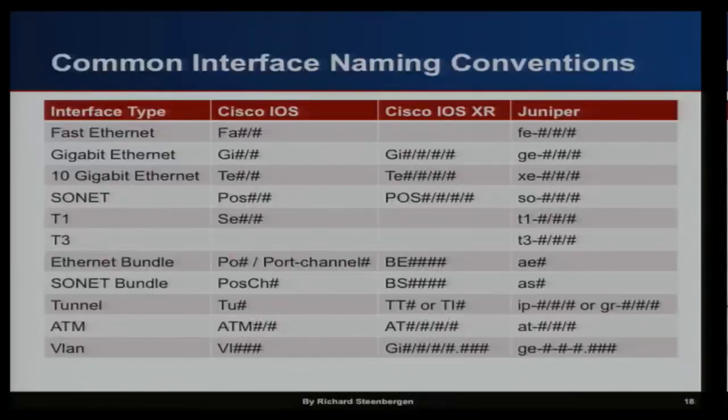So I include a table of the most common interface types and how they get represented. For good networks, there's a lot of automation that comes into this. So SNMP will shorten things down to the short name. It'll turn GigabitEthernet into Gi, and then you'll be able to see those patterns. You can tell if you see a Gi, and depending on the number of fields, if it's IOS, if it's IOS XR, if it's ge-, that's the Juniper gig-E. So you can refer to a table like this and really have an understanding of what the device type is,